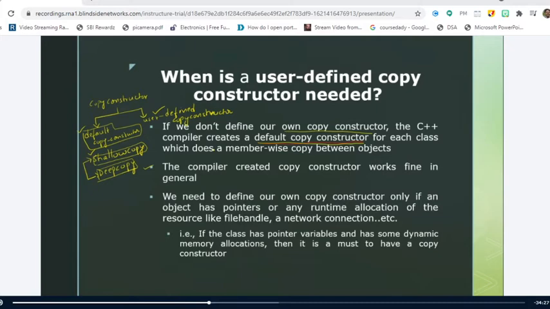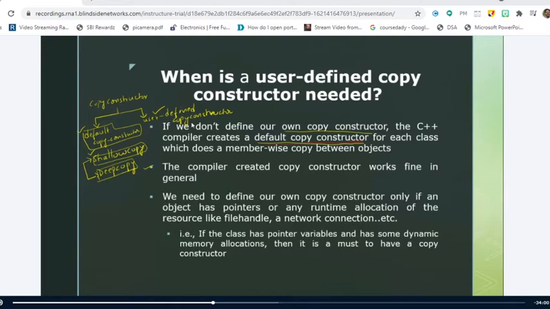So when do we require this user defined copy constructor? Even though we don't specify any copy constructors, the compiler is providing us with a default copy constructor. Then what is the situation under which we have to define the user defined copy constructor? There are some situations where it is mandatory that you specify the user defined copy constructor.